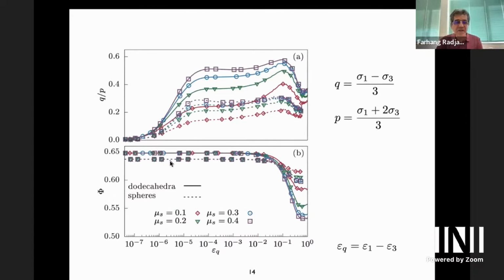Regarding the packing fraction, as you see, it's nearly constant for a long time, up to 1% of deformation because there are no rearrangements in this range. So there is no plastic deformation of the system. And then when we reach close to the peak, phi decreases due to dilation. So we have a dilatancy of the system and phi decreases. And beyond the peak value, it reaches a nearly constant value as usually observed in this problem.